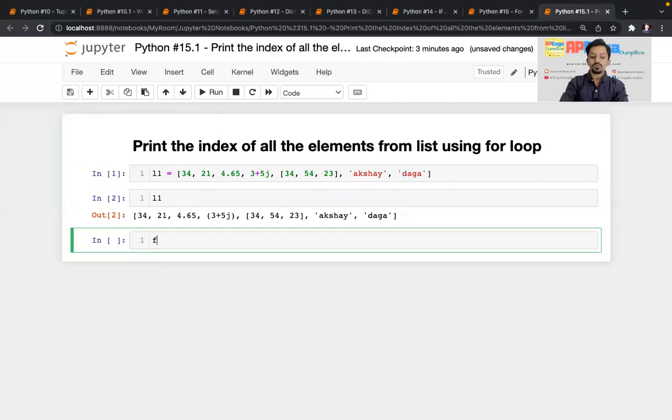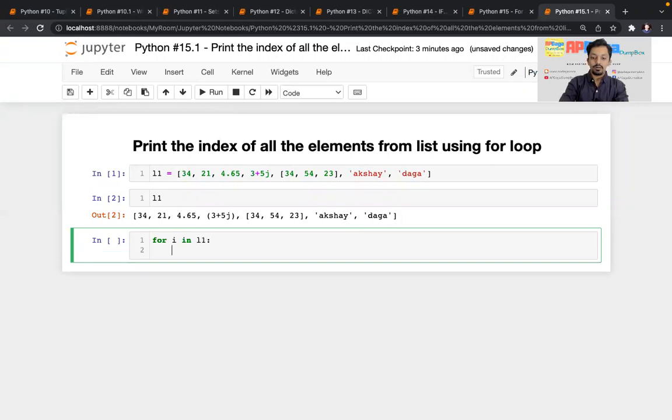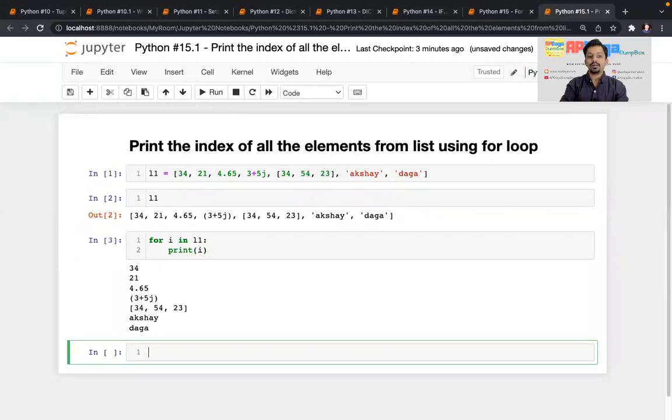Okay, so if I do for I in L1 and print I, you can see it will print all the elements, but I want the index. So we'll talk about the first solution, where I will not use any built-in function.